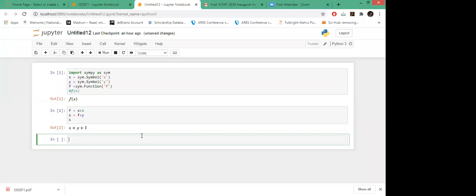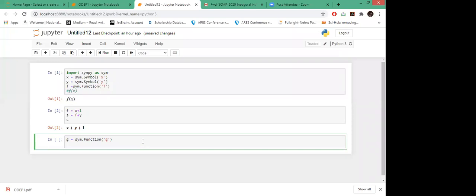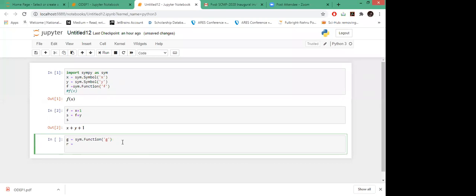Now let us define another function and see how we can define the equation. Let's take this function g. I'm using the same function command for g as well. One more thing: I can directly pass x here, and it will mean the same as for fx. So either you can pass x with the function call only, or you can store it in another variable. Suppose I write it as gx.